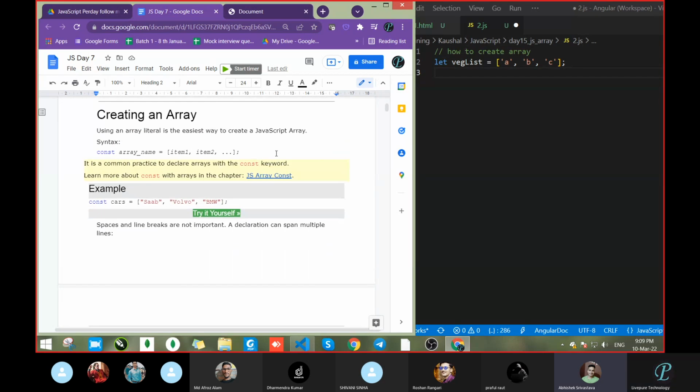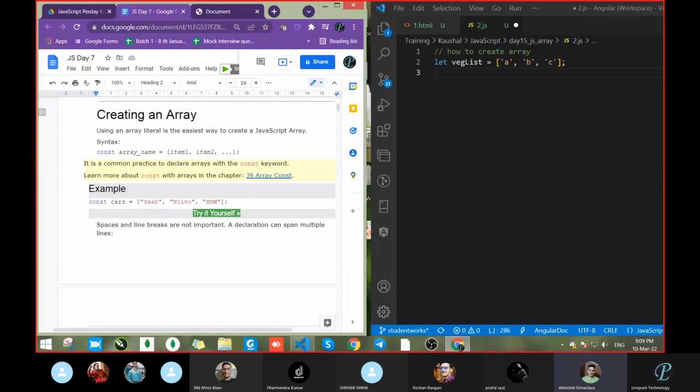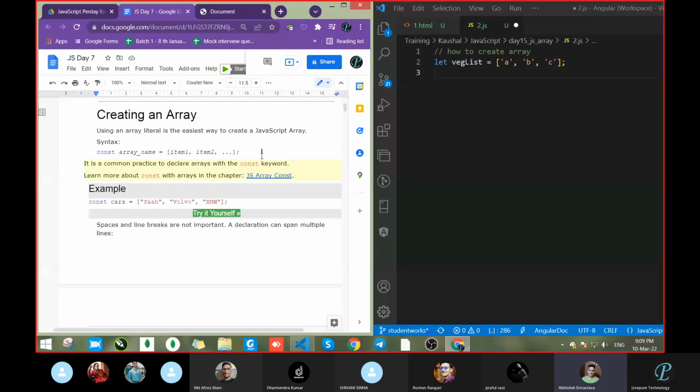Sir, no issue. I have one question, sir. Before, you told that an array is storing more values, like car is equal to item 1, item 2, item 3, and many. Then sir, this also we do in an object. Yes. So in an object also we are doing the same thing.